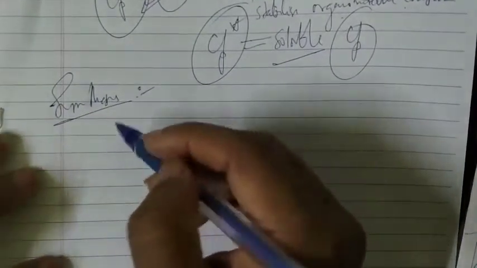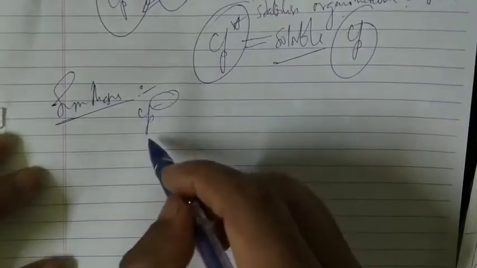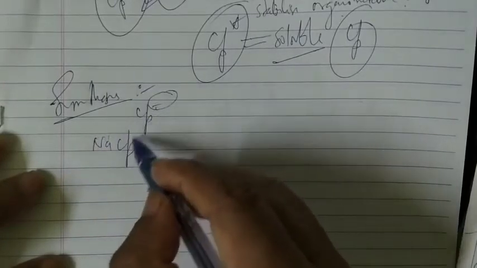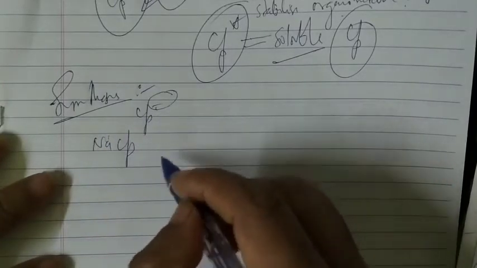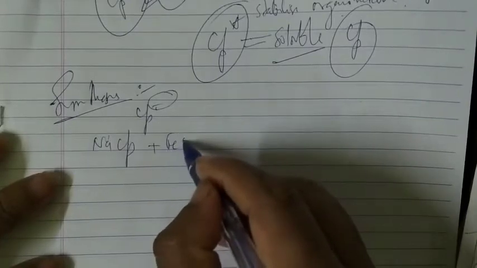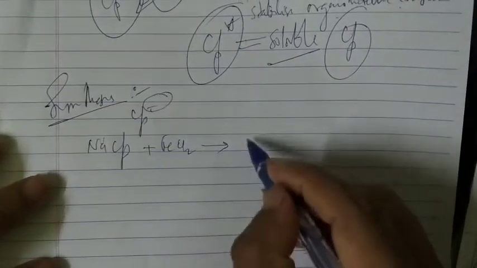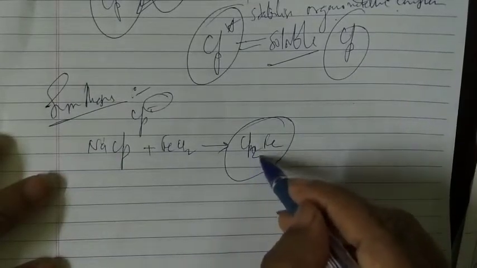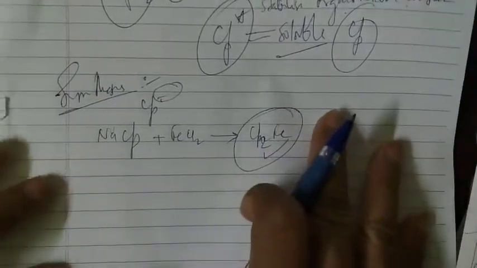Now another thing: synthesis. Let us go for cyclopentadienyl synthesis here. If I go for the sources of Cp minus, the cyclopentadienyl anion, you can start with sodium, because sodium will lose one electron and give it here, NaCp, sodium cyclopentadienide. When you treat it with FeCl2, you get simple Cp2Fe, that is your ferrocene. So this is one simple synthesis we can do.